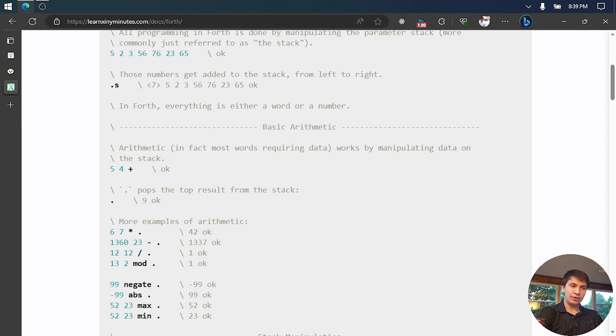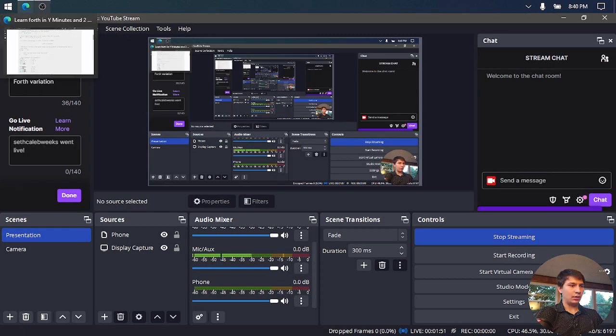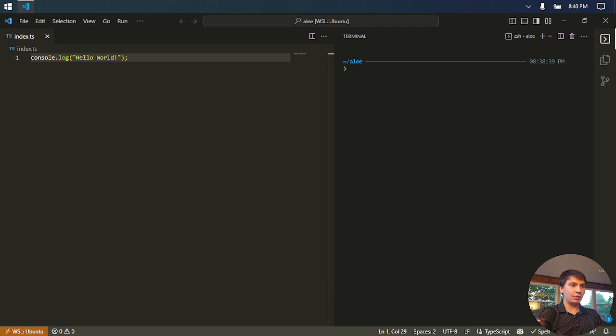So I thought I would just implement something basic like that, just for basic arithmetic to start, and then see if we can, instead of doing it in reverse Polish notation, still be able to use infix operators, saying 5 plus 4, but still doing it based on stack operations. So that's the idea. I just installed Bun, so I'm going to try doing this in TypeScript, and we're going to do Bun